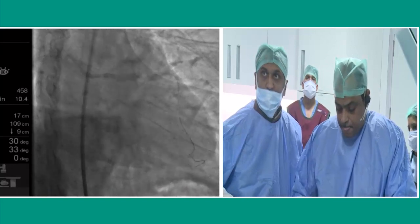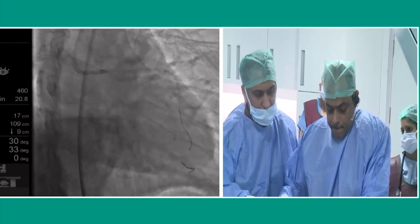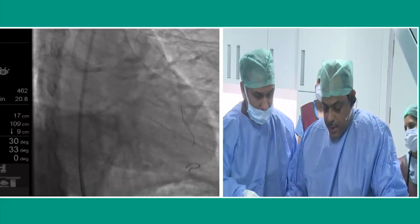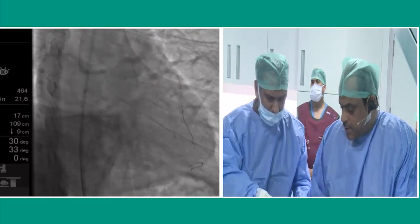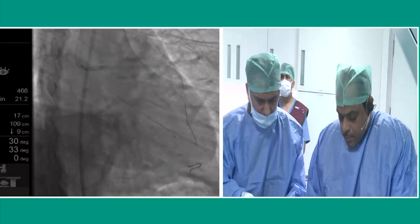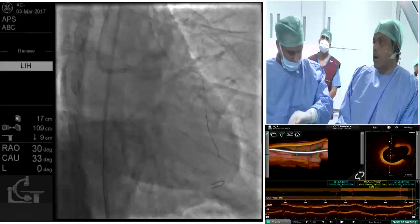When doing bifurcations, especially if it's a two-stent strategy, which is what you're going to convert to here, you've got to know your stents and your stent design well. Now, we know that the BIOMIME has 2 closed cells in the beginning, and then it goes to open cells. So you've crossed one of the closed cells, and there's no way you're going to be able to dilate that unless you go to such high pressures that you break that cell. Yes, when we saw in the OCT,